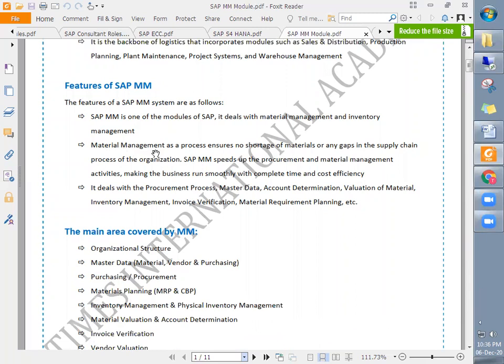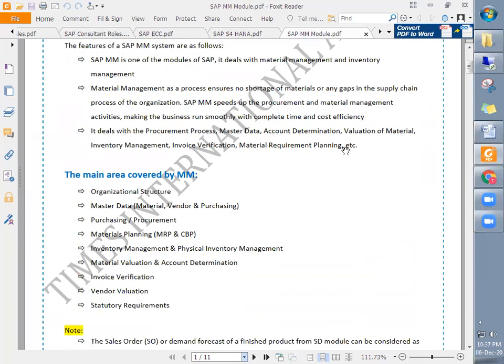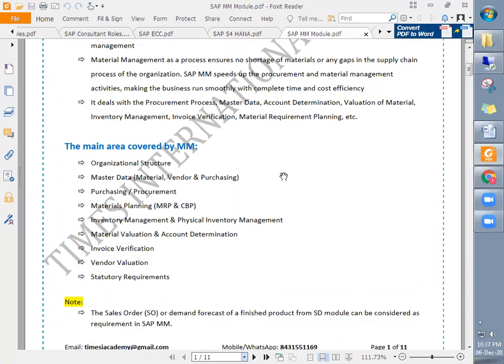Materials management as a process ensures no shortage of material or any gaps in the supply chain process of the organization. It speeds up procurement and materials management activities, and makes the business run smoothly with complete time and cost efficiency. It deals with the procurement process, master data, account determination, valuation of material, inventory management, invoice verification, and materials requirement planning.